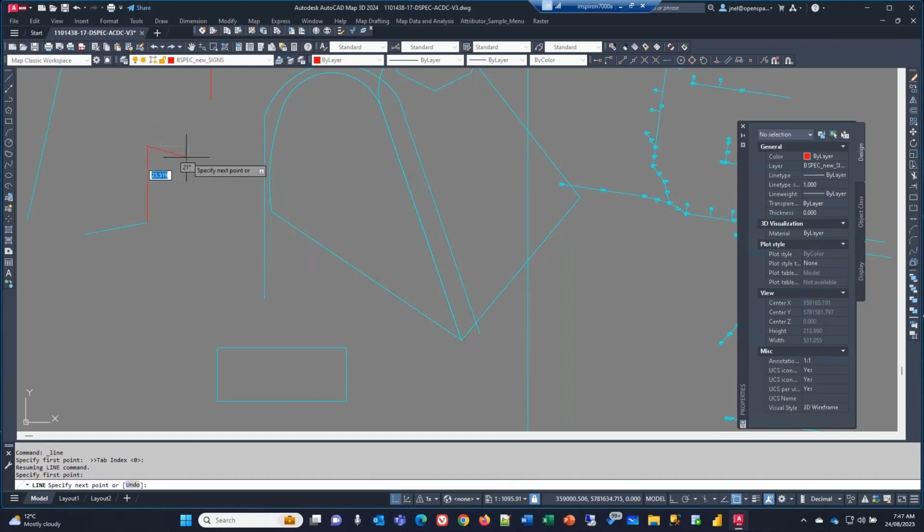It went to the next endpoint there. If I'm happy with that, so now I can go and snap that, or I can snap to this midpoint. So that depends on what you're trying to do. But now the thing is, if I want to now go and draw, let's say a polyline, and I'm in here